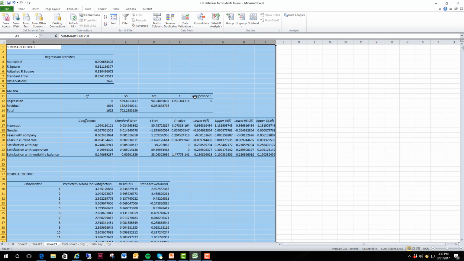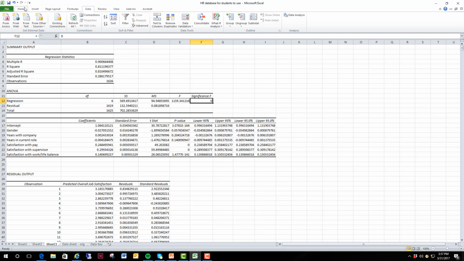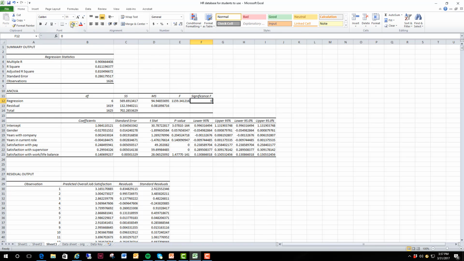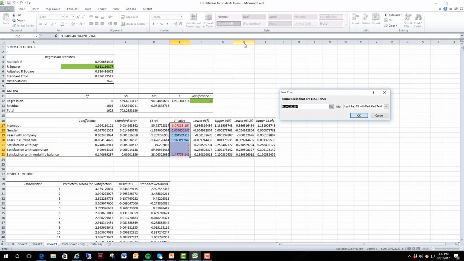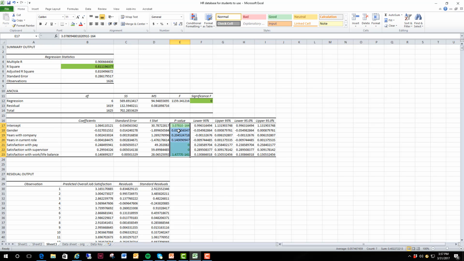Let's highlight all of these. Double click. And still we have the significance for our F test of 0. So it is less than 0.05, so it is significant, which is great. Still explaining 81%, which is wonderful. Let's conditionally format those p-values. So we go to Home, Conditional Format, highlight cell rules less than 0.051, green. All right, we still have 3 that are not significant, and those are gender, years with company, and